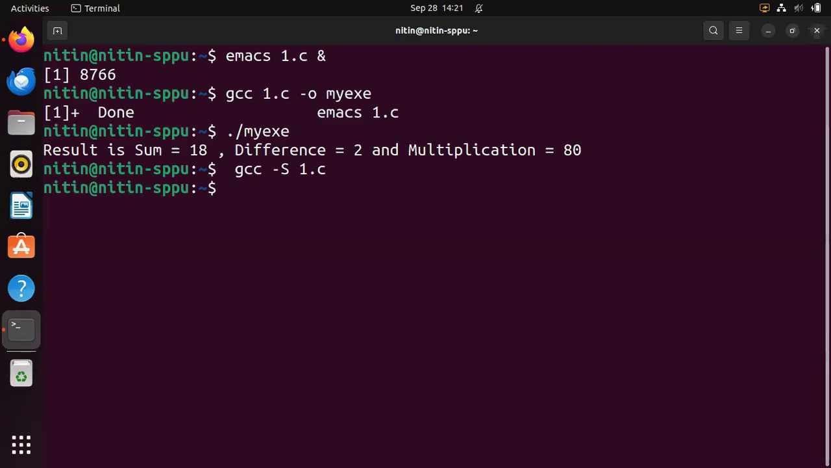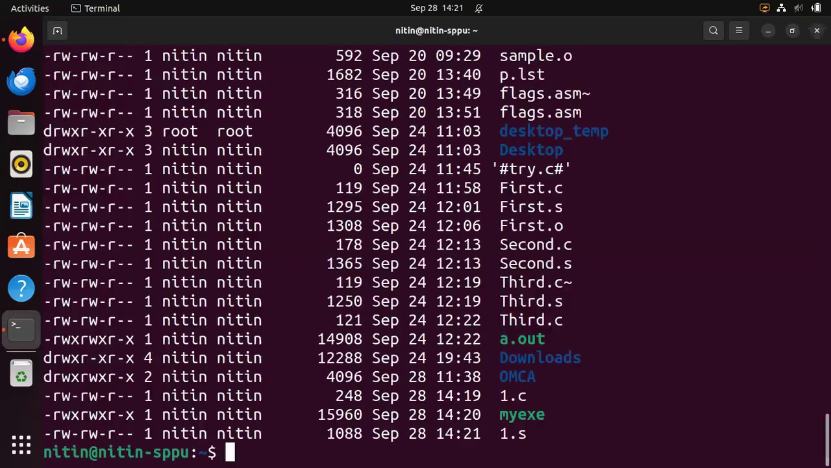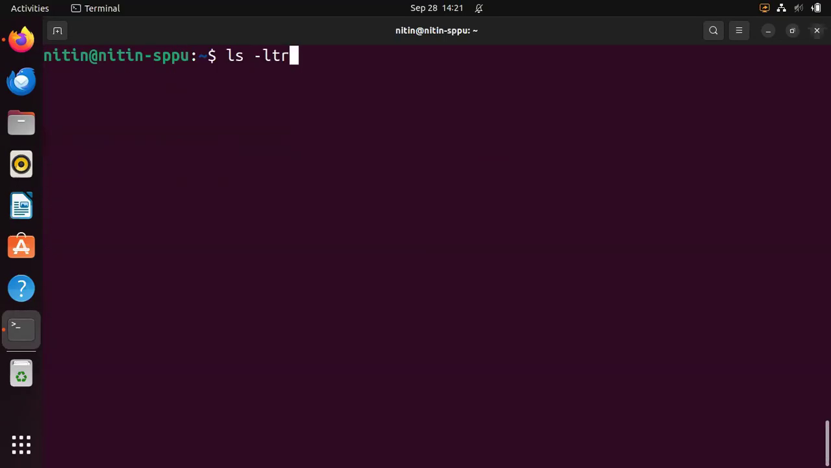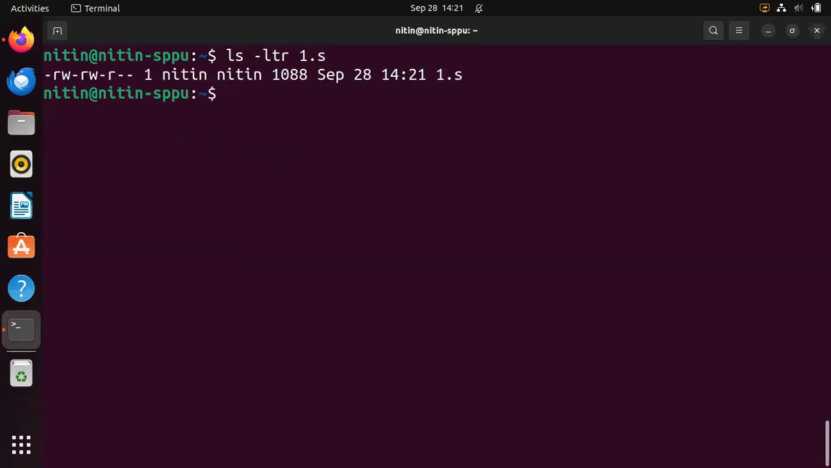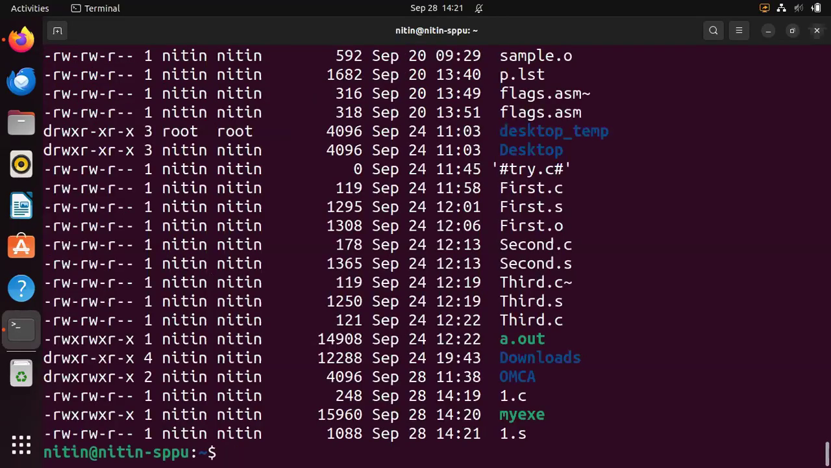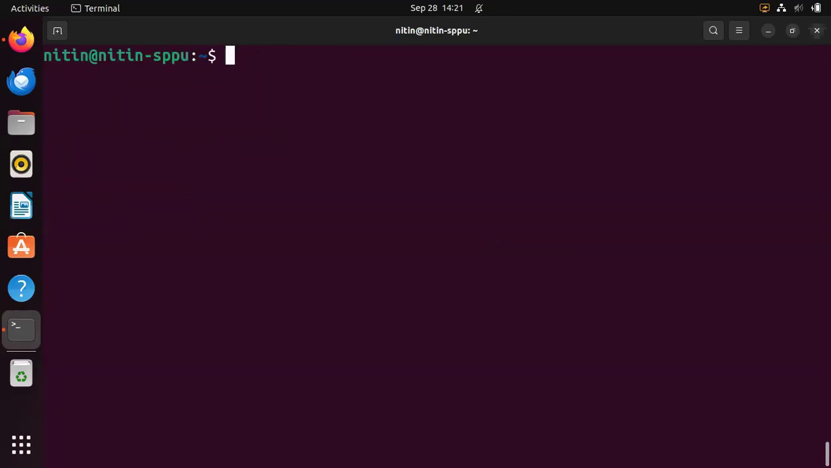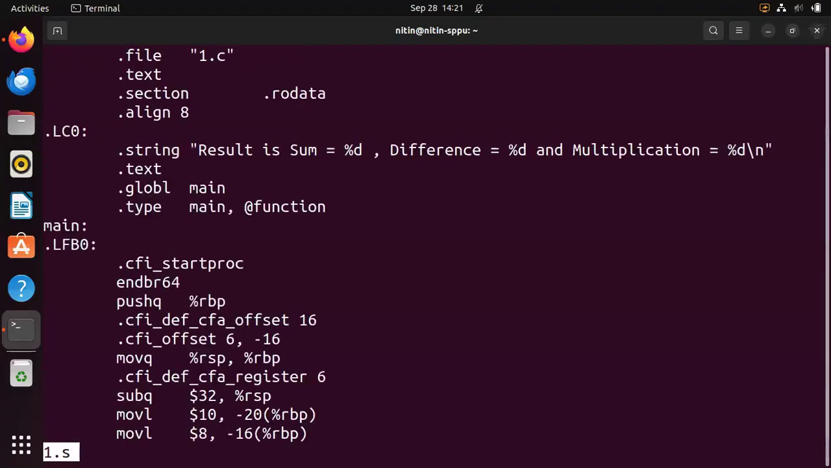This produces a file. If I write ls -ltr, the last line is this one, 1.s. Let us try to display the simplified snippet. Let me open this with less 1.s. Now there is a huge amount of code in assembly language, and this is actually the file created